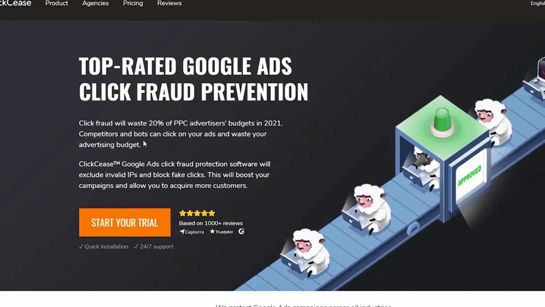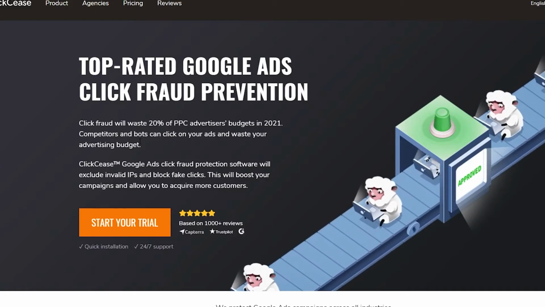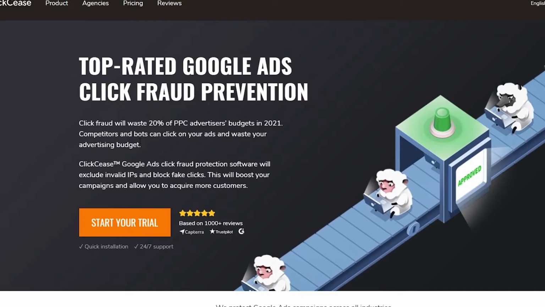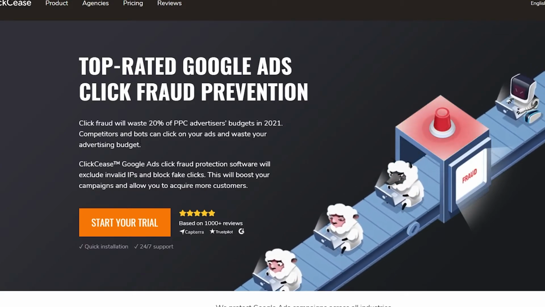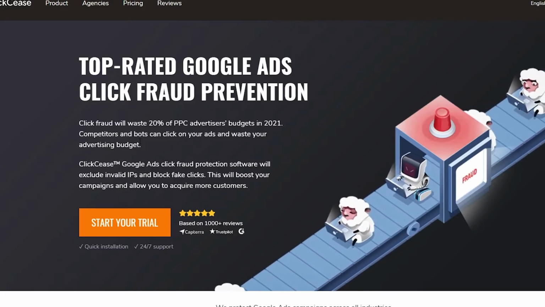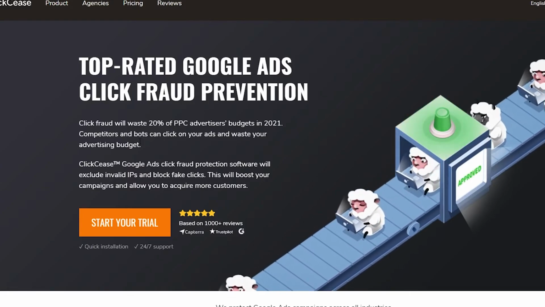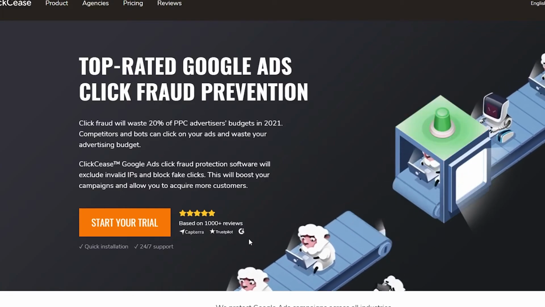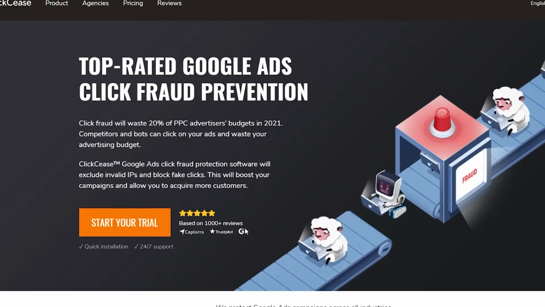Competitors and bots can click on your ads and waste your advertising budget. So for example, let's say you have $10,000 and you are paying, let's say, $10 per click. So guys, whenever a bot clicks on your ad, your $10 is going to go to waste, and you will not actually have a customer. So that is why click fraud prevention is very useful, because it helps you save a lot of money. Over here we can also see a visualization. So all in all, this is very useful in